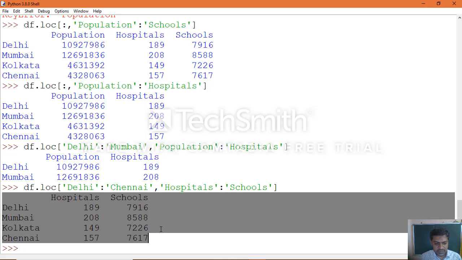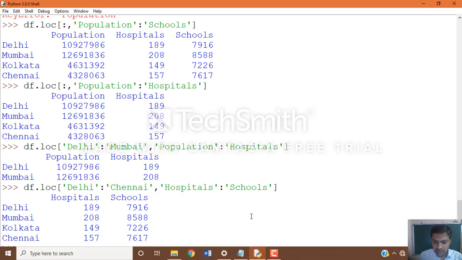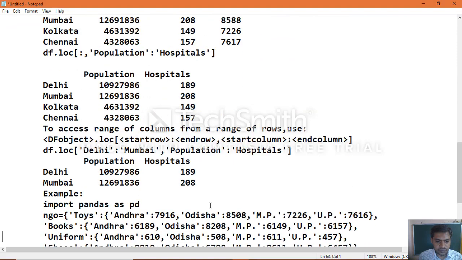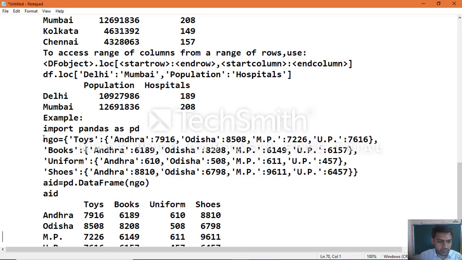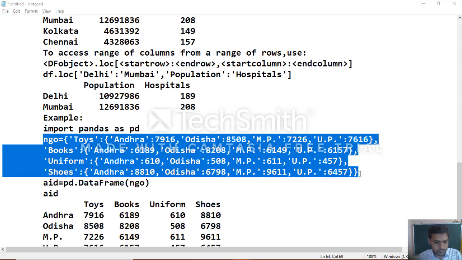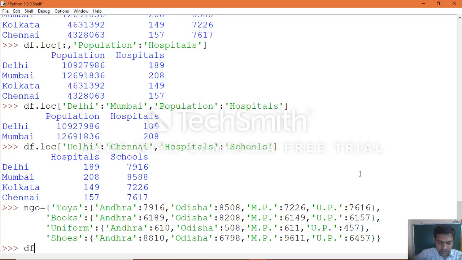Now the example they have specified is example 32 on page number 44, which you can execute clearly. First you create the dictionary, and then create the object df equal to pd dot DataFrame of the dictionary object, passing it here.